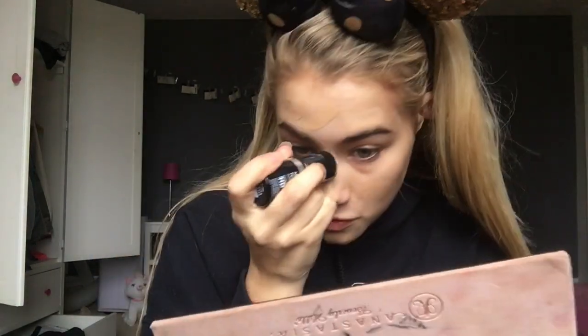I'm just dotting this all over my skin, and then I'm going to go in with another foundation because I'm extra. This is the Makeup Forever Ultra HD Foundation Stick, and mine is in the shade Y315. I just paint this on my skin. I just got that in my eyebrow,